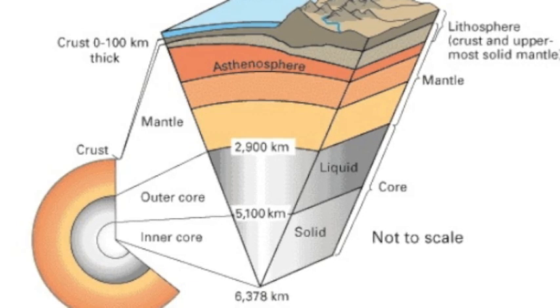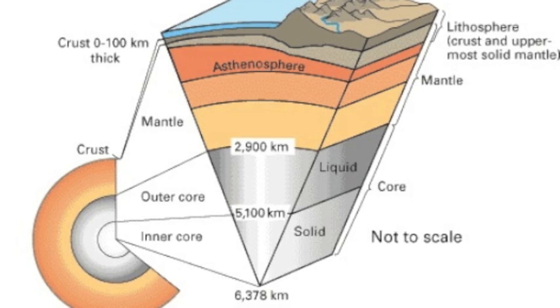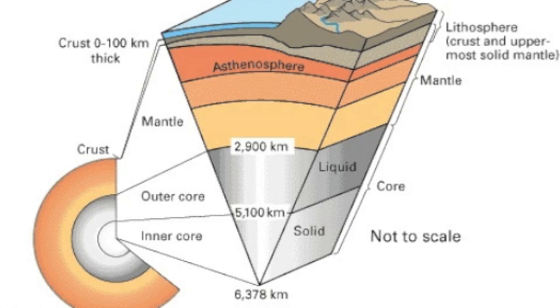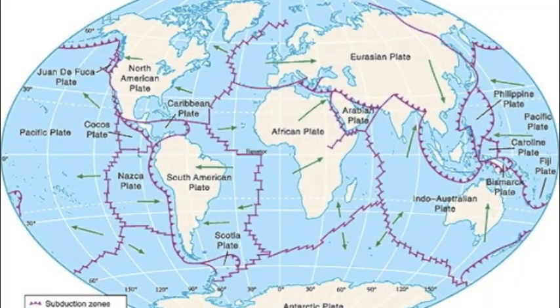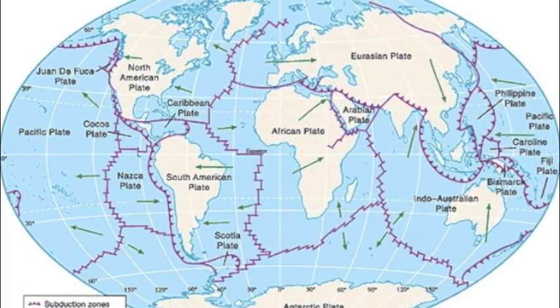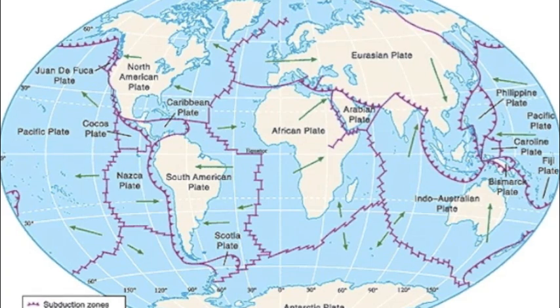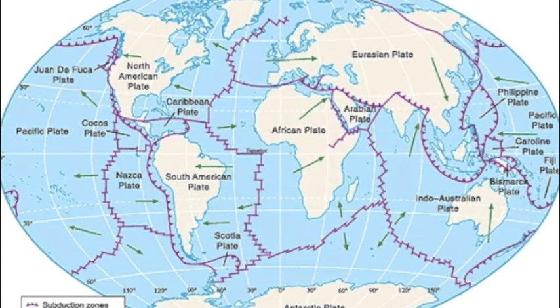6,370 kilometers thick. The layers are differentiated based on density, with the densest materials moving towards the center. This and the correlation between pressure and depth is why the inner core stays solid even though it is under the highest temperatures. The lithosphere is comprised of approximately 12 plates and is constantly in motion as the asthenosphere shifts